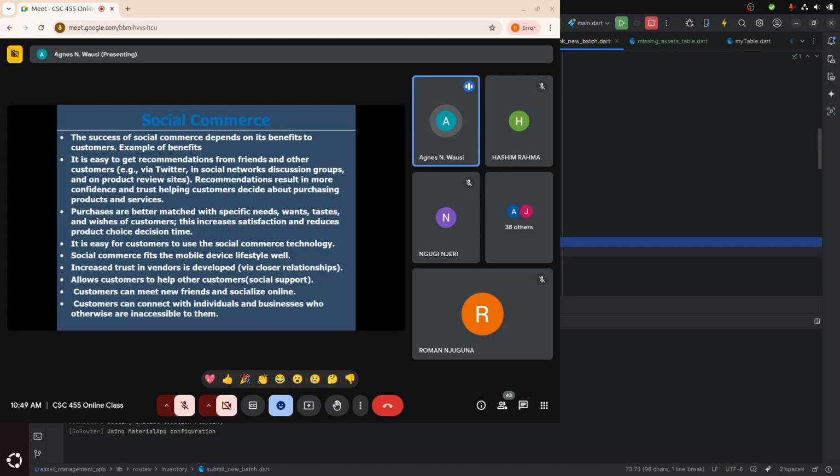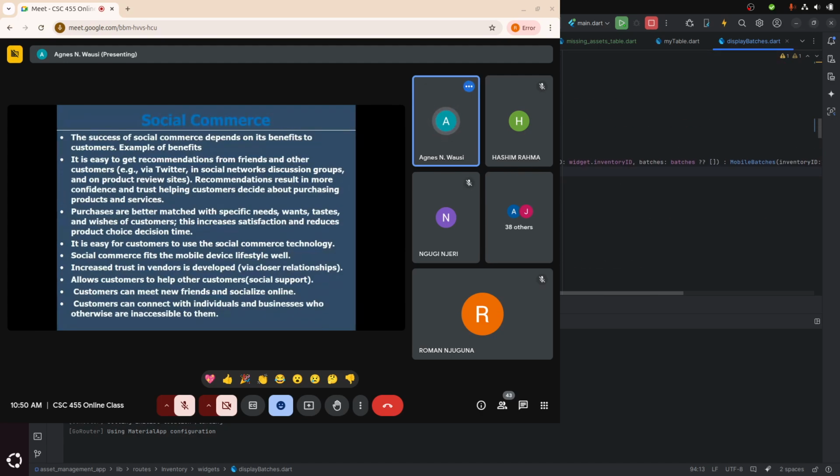I think the other thing is the social support that you get. Yeah, the social support there means that you may not even know somebody, but they may actually respond maybe to a query, and they'll be able to say, "Oh, I actually used this. I found this more useful, or this and this." So all that then means there's that social support that is not there when you actually look at an e-commerce platform that is not a social commerce platform, comparing the two. So the customers are there; they actually provide the social support.